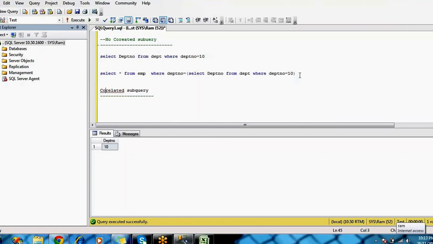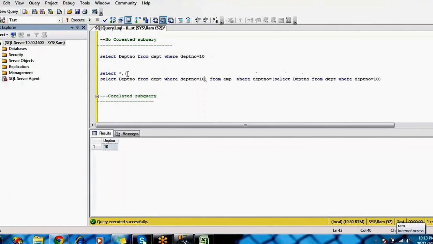These subqueries you can write in the where condition, and you can write them in a select statement also, in the select list. You can put it here and give an alias name for this column, subquery sub department number. If you execute this, what happened?